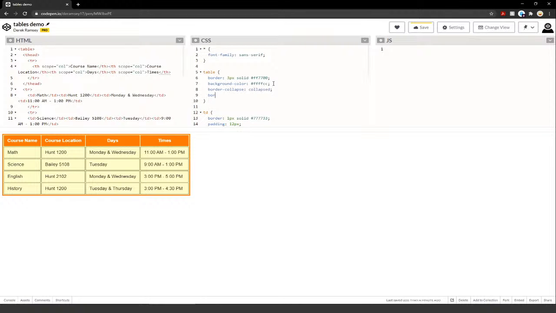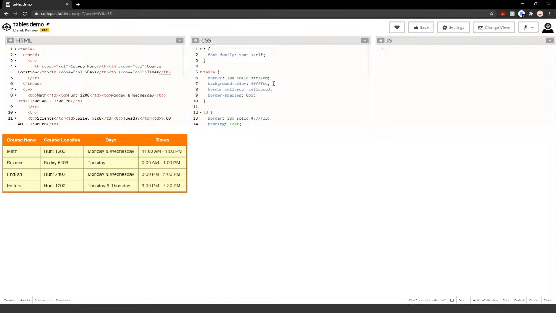Maybe I need to change my border spacing property to 0 pixels. There we go. That's what we want. So many properties, so much to remember, right? So now we have the borders collapsed, so they're right on top of each other. There's no spacing between our borders. We've set border spacing to 0. So we have a nice looking